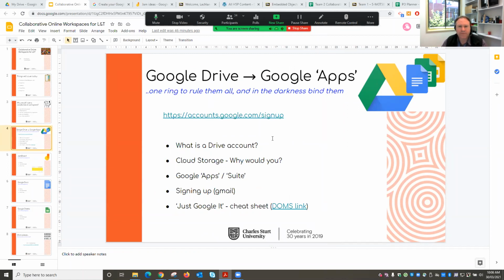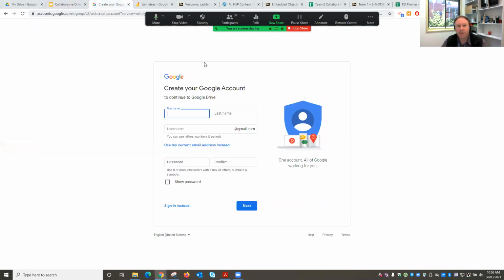And the process for getting a Google account, before we talk about why you might want one, getting one starts with the base address of accounts.google.com/signup. And that will bring you to this space. Now, the reason that most people that we come across, I suppose, in teaching spaces want Google accounts to begin